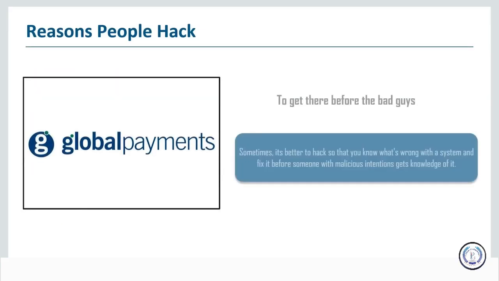Now, sometimes you want to hack to prevent theft, and this is where we get more specifically into computer related hacking. You see a lot of articles and stories in the news over the last few years about cybercrime. And here's an example of data theft: fewer than 1.5 million cards compromised at Global Payments. So there are some attackers who got into this company, Global Payments, and they were able to pull out about 1.5 million credit card numbers during the intrusion.